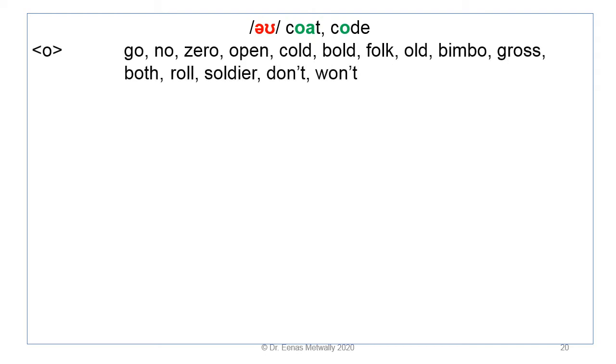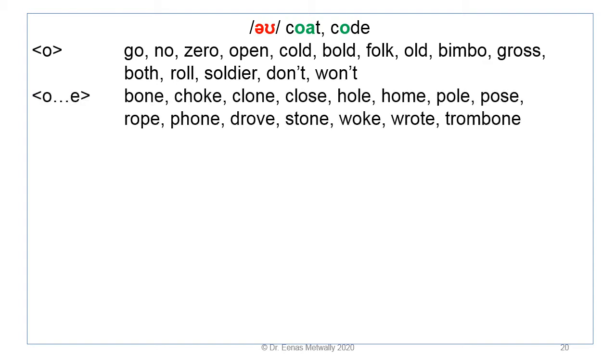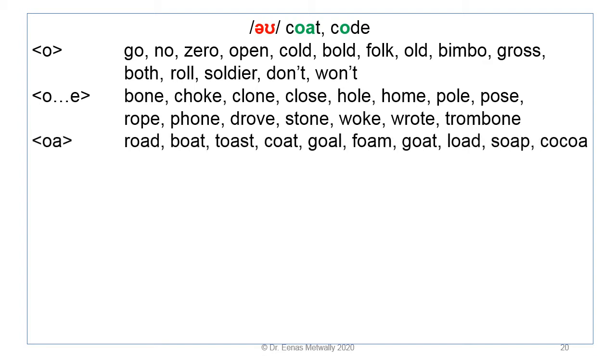Now different spellings of O. Go, no, zero, open, cold, bold, folk, old, bimbo, gross, both, roll, soldier, don't, won't, bone, choke, clone, close, and close, hole, home, pole, pose, rope, phone, drove, stone, woke, wrote, trombone, road, boat, toast, coat, goal, foam, goat, load,